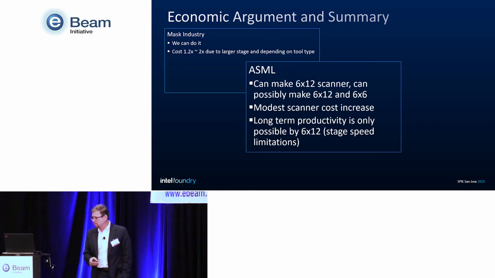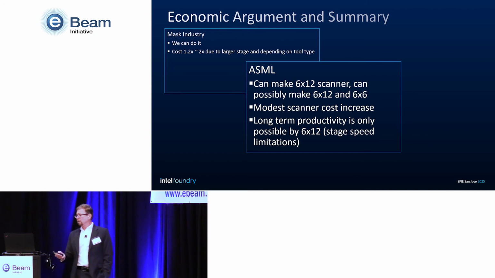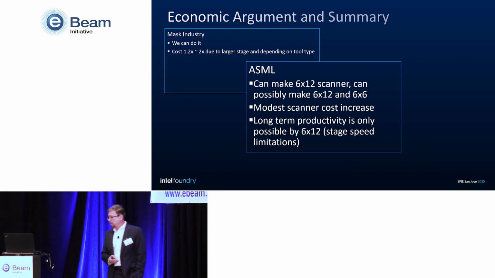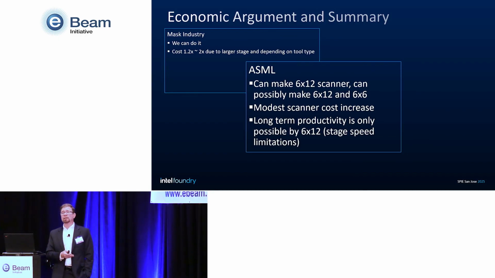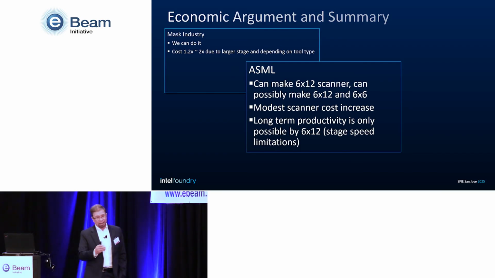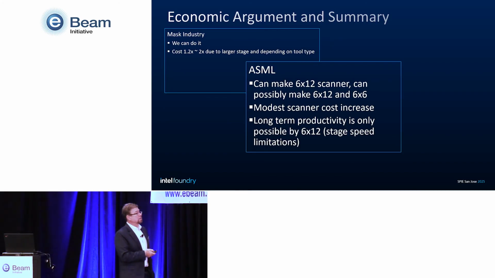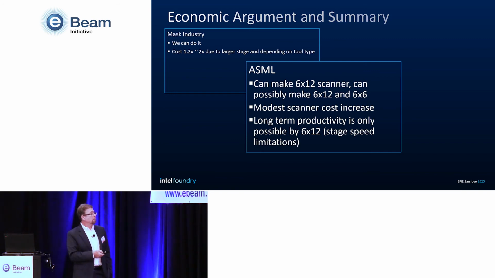All right, and what about ASML? Because if ASML cannot modify the scanner, then we cannot get anywhere. So ASML actually has been warming up very nicely to this. I would say 3-4 years ago, they were like, oh, no, the mask industry can't do anything. But we turned that around. So ASML says, yep, they can do it, and possibly they can do a machine that handles both 6 by 12 and 6 by 6. We got some budgetary estimates. The scanner cost increase is not bad at all. It's actually reasonable. And if you look real hard at the ASML long-term roadmap,